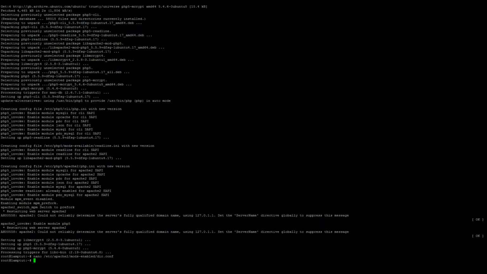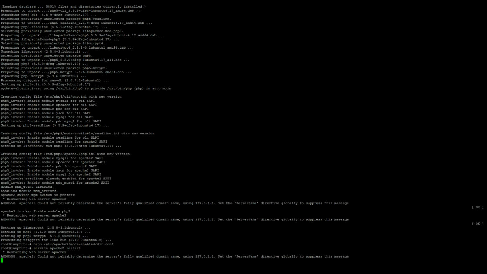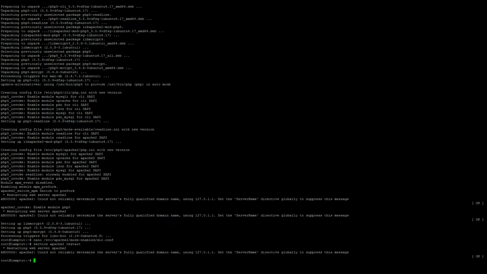And we start Apache, which is just service apache2 start. It's going to restart it. If you get an error, cannot reliably determine the server's fully qualified domain name, don't worry about that. It just throws that out sometimes, depending on the type of